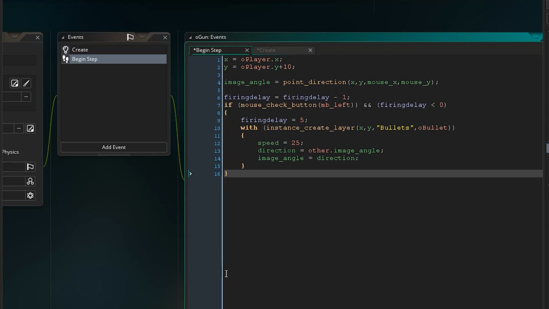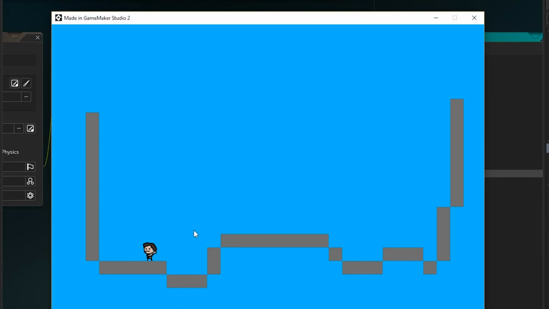It'll just help us out a bit later. Okay, that's really all there is to it in terms of just shooting, and we've already got our bullets set up to collide with walls and stuff like that. So hopefully I've not forgotten anything, I can run the game, and I can move around. We've got our gun, aims where we want it to, and if I click, you can see we actually shoot,